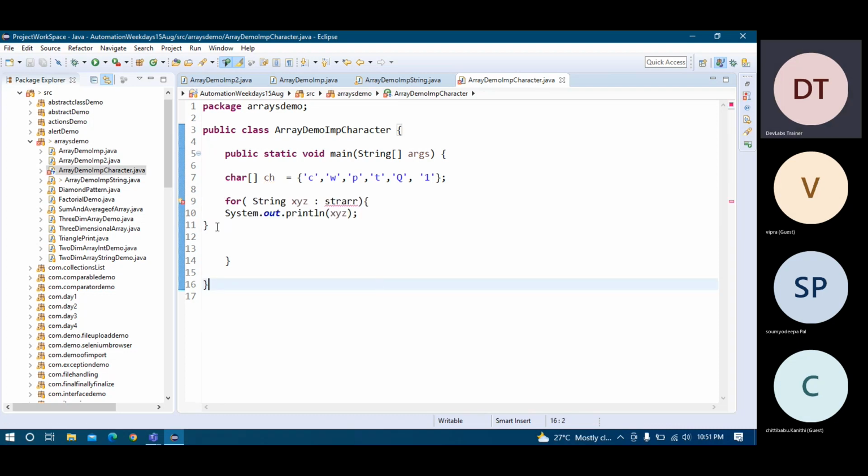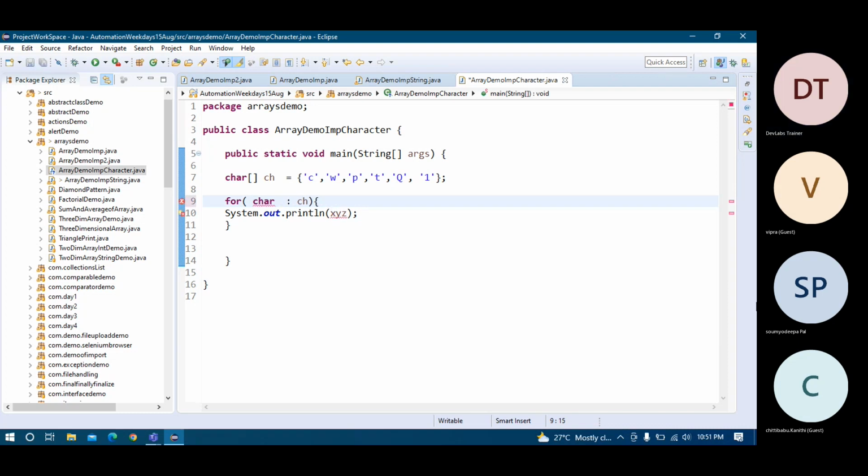You see here I have copied it, but it is getting a compilation error because the array name is changed here. The array name is ch and the data type also changed, so this is char. These are the basic changes I have to make. I have taken P, any character, or any word like PPP, it's up to you. The same thing you have to use in the printing as well.